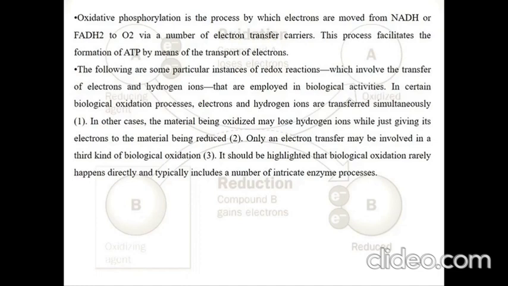The following are some particular instances of redox reactions which involve the transfer of electrons and hydrogen ions that are employed in biological activities. In certain biological oxidation processes, electrons and hydrogen ions are transferred simultaneously. In other cases, the material being oxidized may lose hydrogen ions, which may be involved in a third kind of biological oxidation. It should be highlighted that biological oxidation rarely happens directly and typically includes a number of intricate